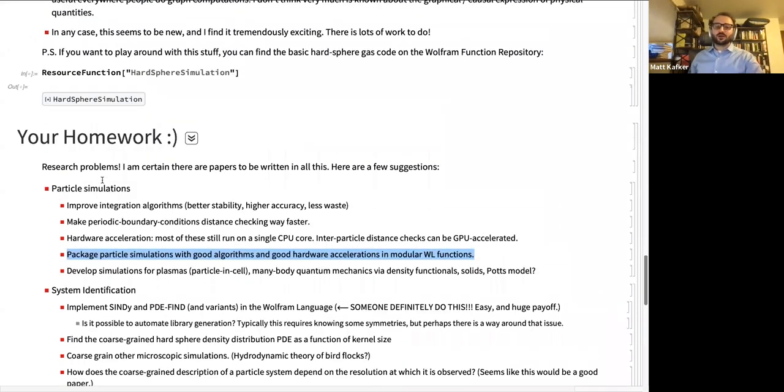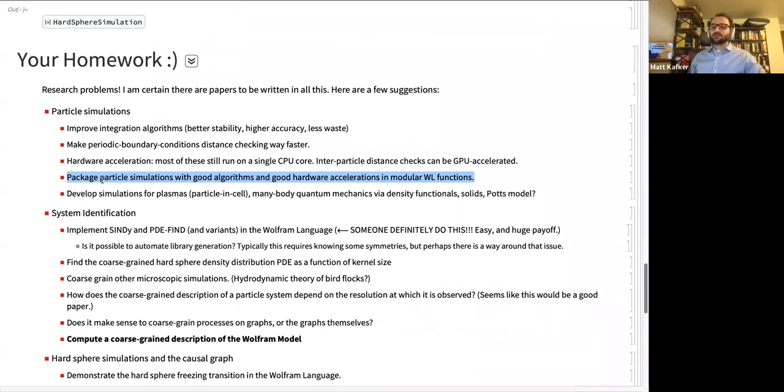But we looked at a whole bunch of things, like, I don't know, if the jamming algorithms are the best in the world, and you have a jamming function in the Wolfram language, that would be really cool. Take these simulations to new places. Plasmas are something that I didn't talk about. I would love to know more about. Particle and cell simulation is a simulation technique, and I'm pretty sure that it's quite related to this. And then also the quantum mechanical versions of this problem, my understanding is that they're much harder, but it's conceivable that some of them could still be done. Solids and things like the POTS model.